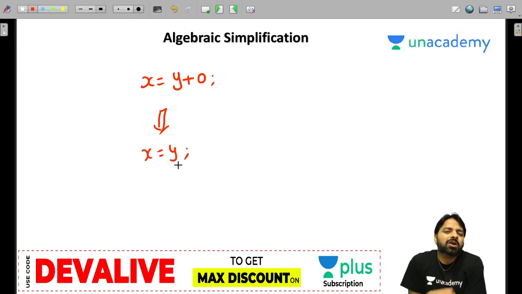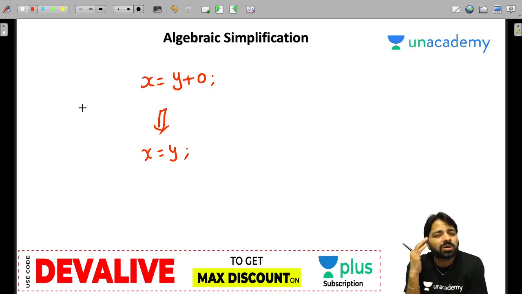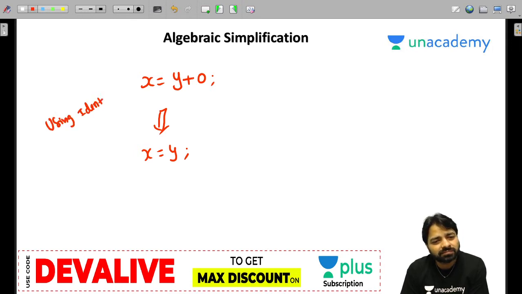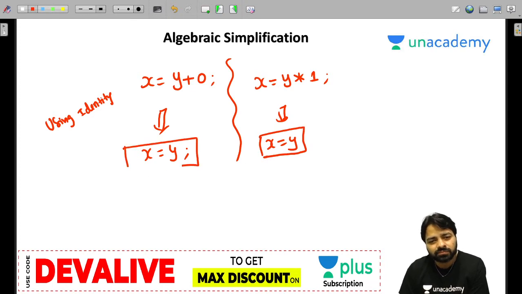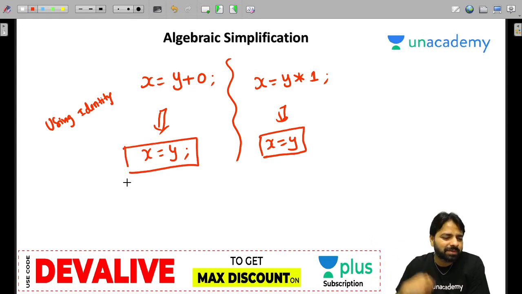Later on, there might be copy propagation on this code. This is called the identity law. Everybody knows that y plus 0 is y. Using the identity property, you can apply this. Not only for addition, for multiplication also. If you have y multiplied with 1, you can write x = y. That is the identity for multiplication. Everybody?